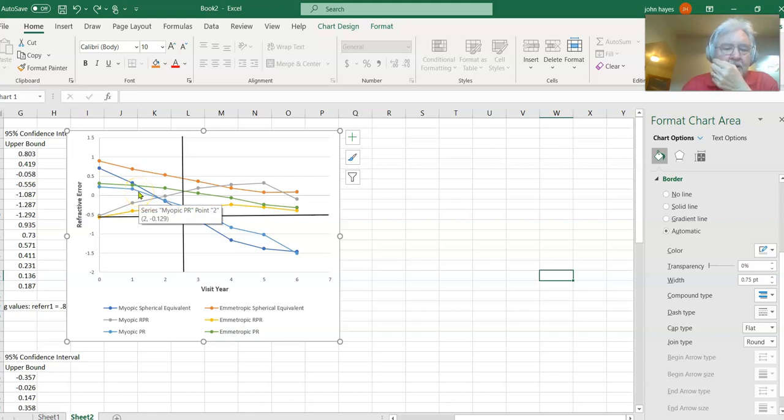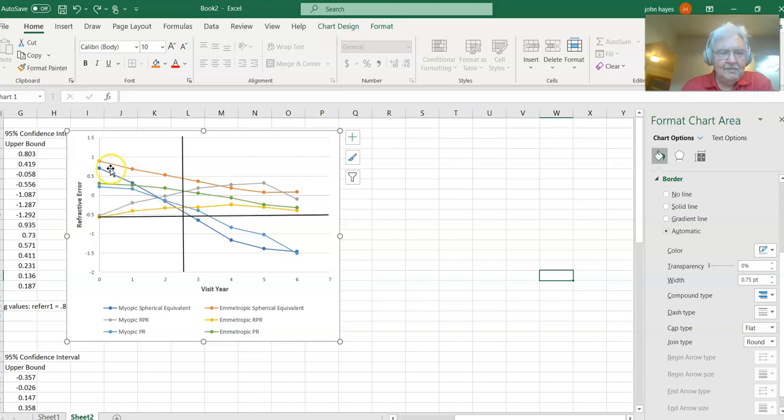Relative peripheral refraction. Yeah, so it goes down to the green. So this is, what is this one? The blue line, that's spherical equivalence. This blue line is peripheral refraction for the myopes. These are two myopic. This is myopic spherical equivalence. That's peripheral. And relative, this little gray line going up here, is the